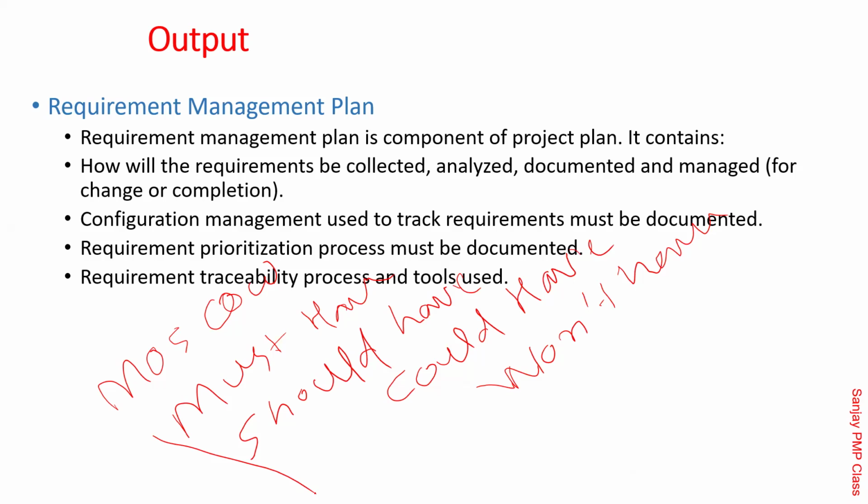That's one of the methods. This method is decided in the requirement management plan, so that down the line, once requirements are captured, you give each one a label: M, S, C, or W. Some requirements will be M, some will be S, some will be C, and some will be W. So, MoSCoW.